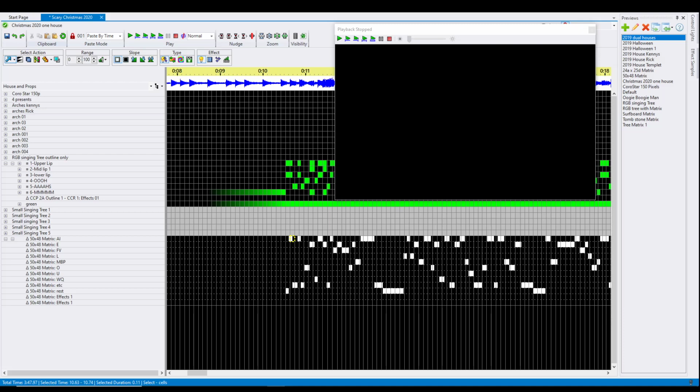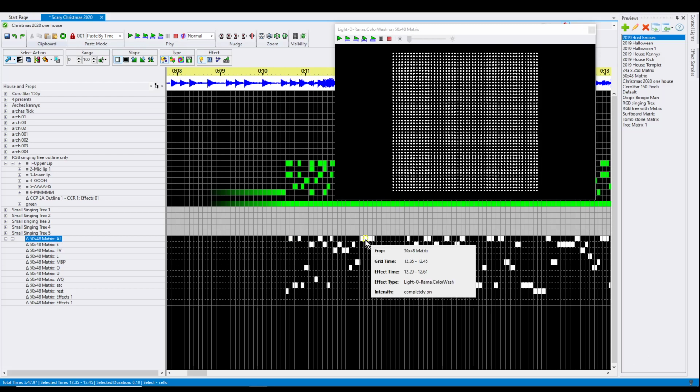Okay, so this is a video request for possibly a fix or a new feature in LOR S5. What I have here and what you're looking at is a matrix that I use. It's 50 across by 49 down, and each one of these channels here, as you can see, represents a